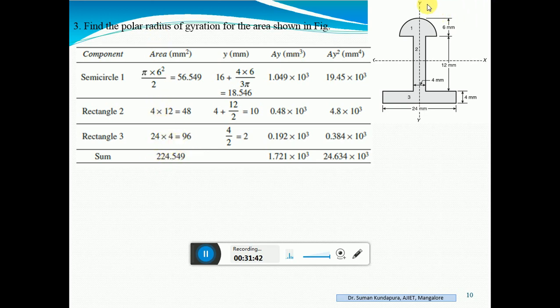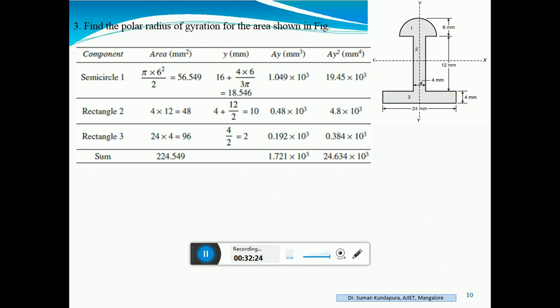Okay. Now if you look at the figure, it is symmetrical about one axis. Yes, your guess is right. That is, it is symmetrical about the y-axis. So no need of going for the x distance calculation. Okay. About this, it is symmetrical, meaning Iy bar is along this. So directly you can find out what is Iy bar. However, in the case of y, you take a reference axis here, with respect to this bottommost line, and find out the y distances.